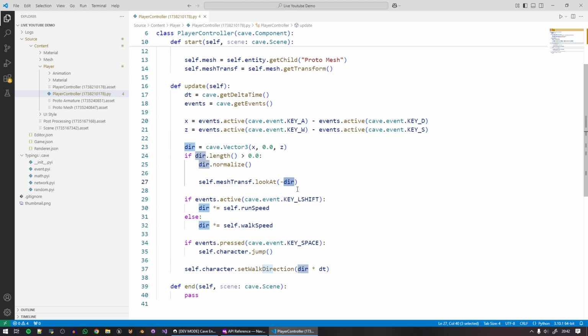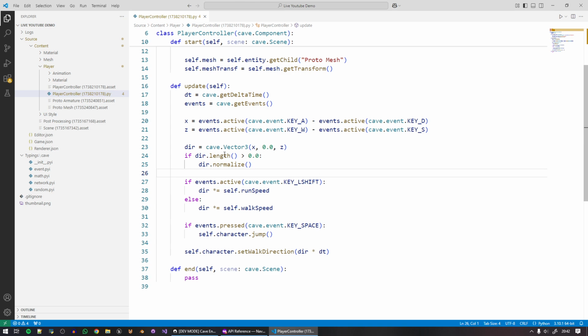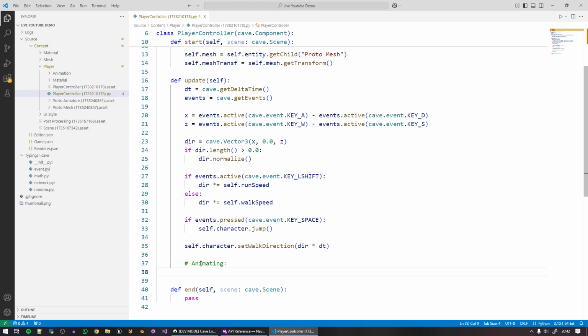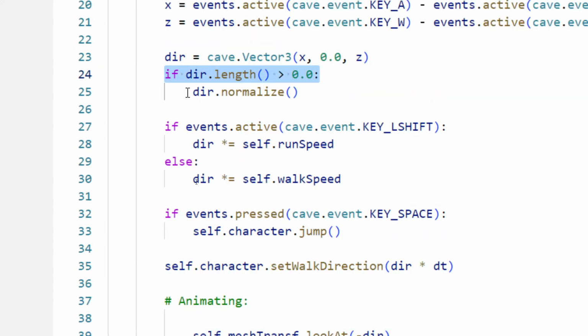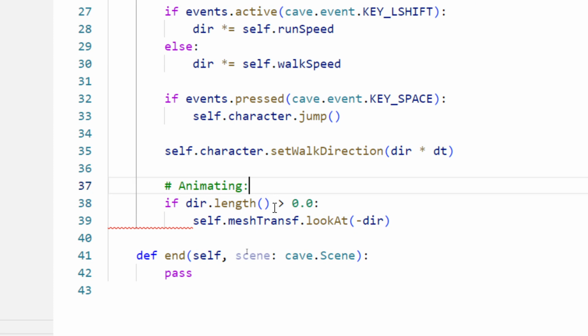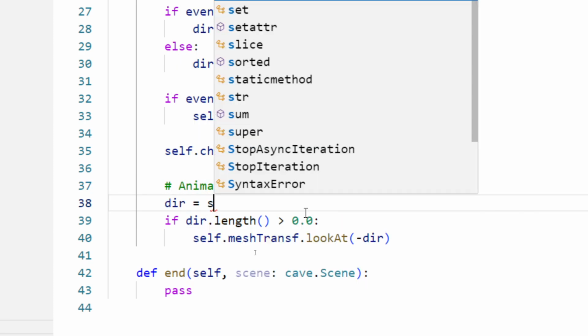And then what I would do, I said that I wanted to do this here, but I will do it before here. I'll get the direction again. I'll actually copy and paste this. The difference is that the direction here will be